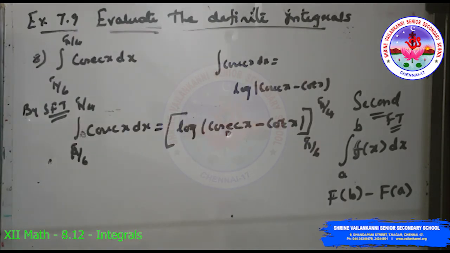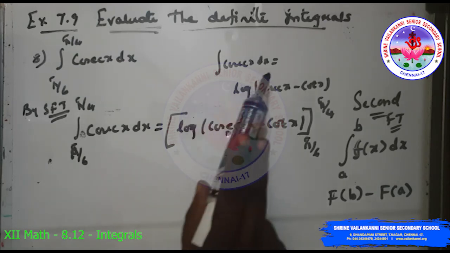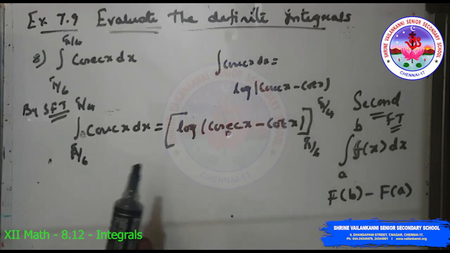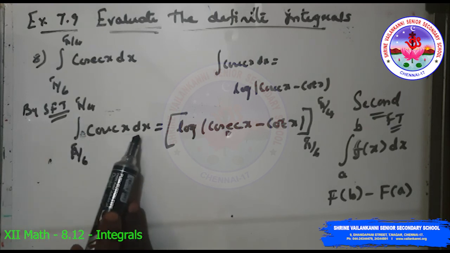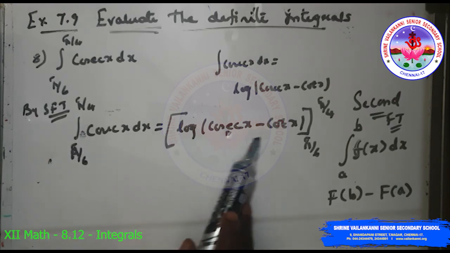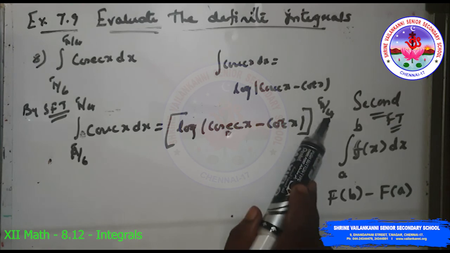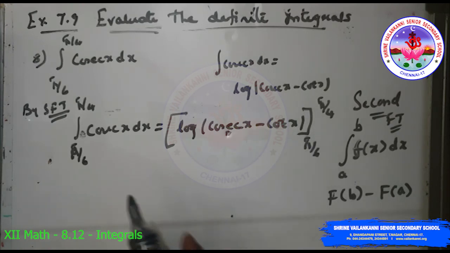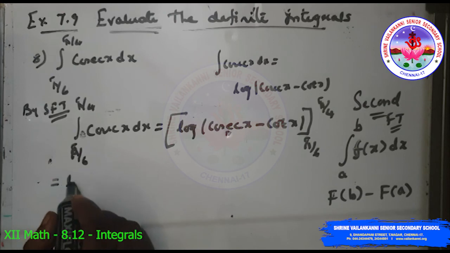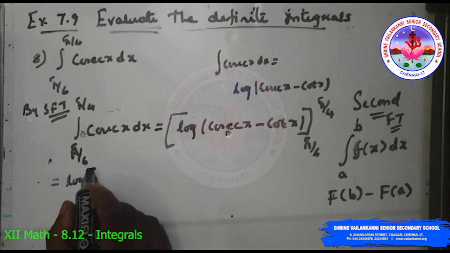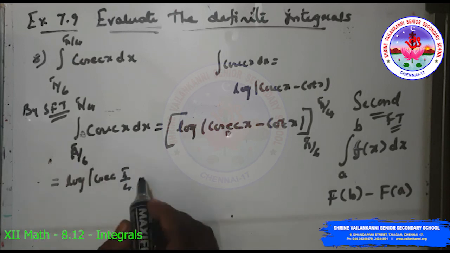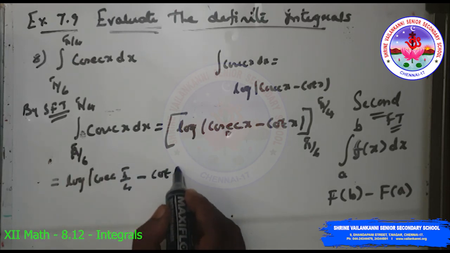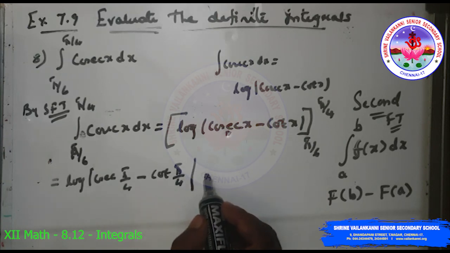Eighth one, integral of pi by 6 to pi by 4 cosecant x dx. So integral of cosecant x dx is log of cosecant x minus cot x. So by second fundamental theorem, integral of pi by 6 to pi by 4 cosecant x dx is equal to log of cosecant x minus cot x, pi by 6 to pi by 4. So upper limit minus lower limit, which is equal to log cosecant pi by 4 minus cot pi by 4,